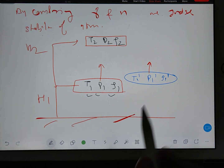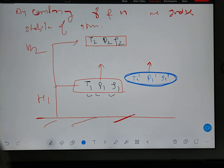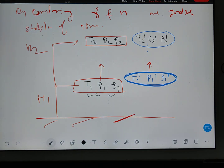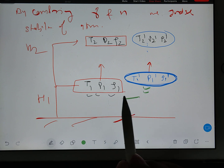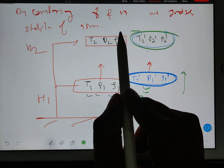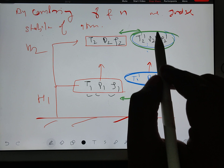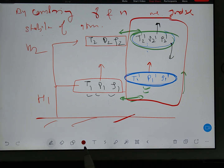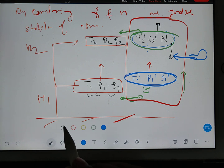But when this blue region goes here and mixes with these, there will again be a new value, T2 dash, P2 dash, rho 2 dash. You can see this is not matching with its nearby atmosphere, so that's why it is shifting up. Now again these are not matching with their nearby, so they may go further up or come down. So it means in this zone you have motion in the atmosphere itself. If any aircraft passes through this, it will experience turbulence, right? This situation depends on the final elements T2 dash, P2 dash, rho 2 dash, and how they are behaving,